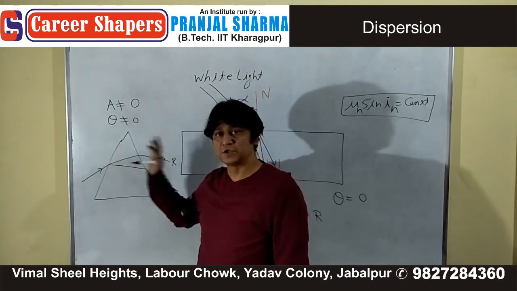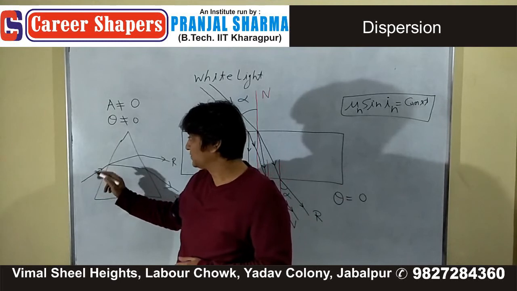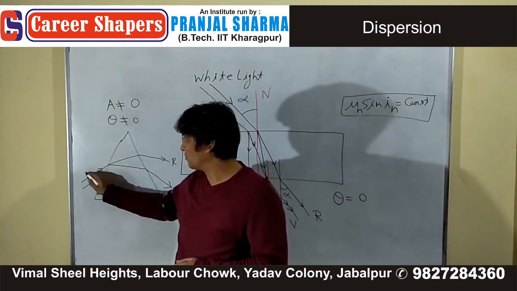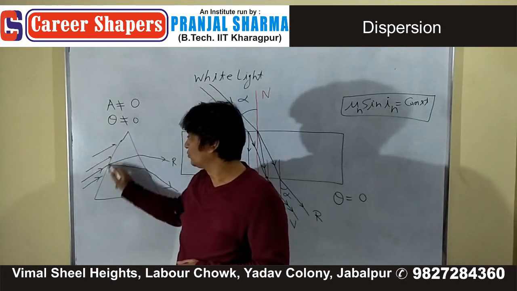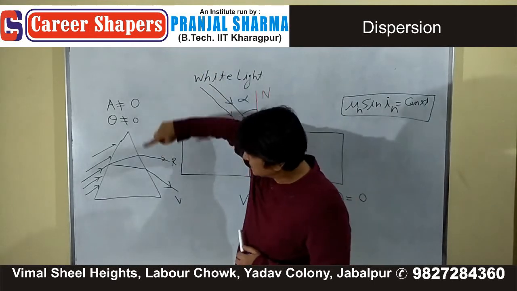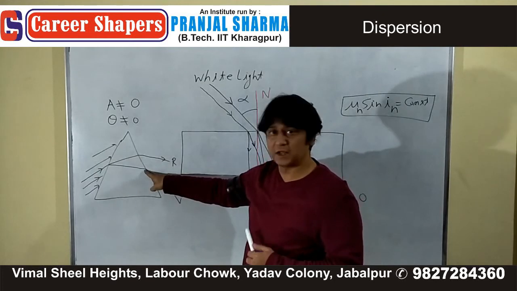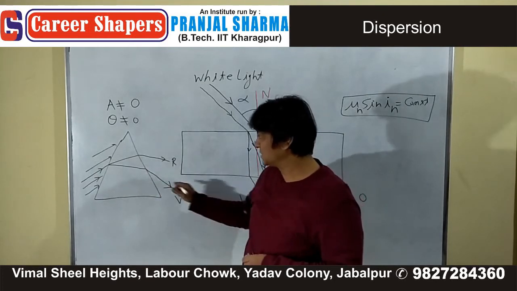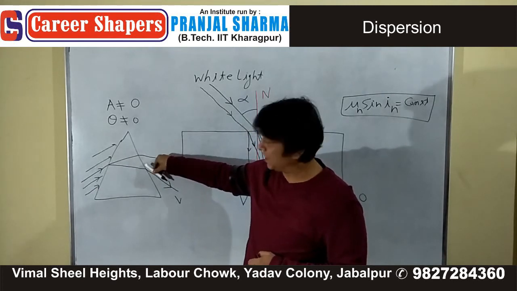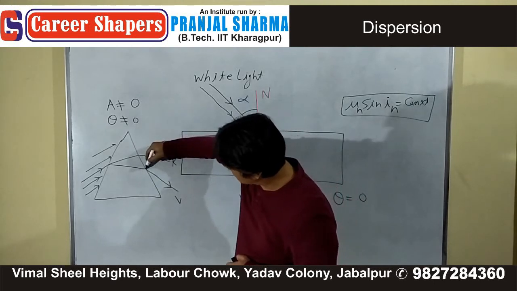Theta is not 0. That means if somebody takes a second ray, for that second ray, third ray, fourth ray, fifth ray, all these rays, some other ray, its component color, let's say R, is present here. If R is present here, then it will not be moving in this direction. That R moving in this direction only,